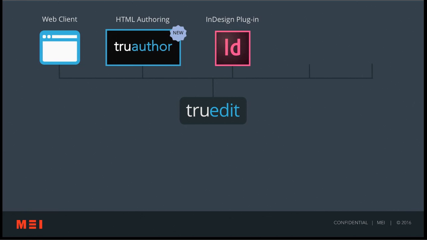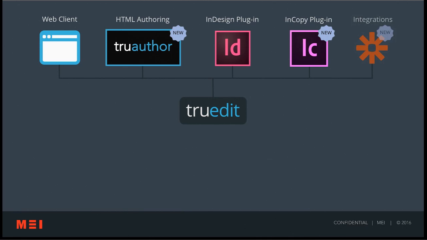Within TruEdit, we also have an InDesign plugin. This allows designers to be able to access their layouts and include TruEdit content into those layouts. Ultimately, this means a writer and editor, a photographer and illustrator can work right alongside the InDesign user concurrently, so that as changes are made to the copy, whether that copy is Word, InCopy, or even TruAuthor content, we can incorporate that into the InDesign layout, all in real time. And today we'll be previewing the new InCopy plugin, which will allow writers to get a WYSIWYG right-to-fit view of the InDesign layout without having to worry about all of the InDesign layout tools.